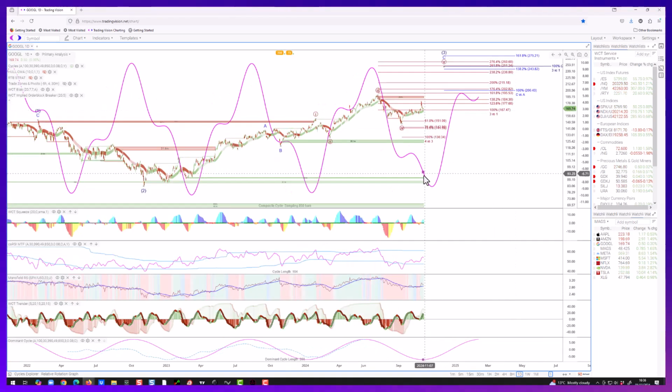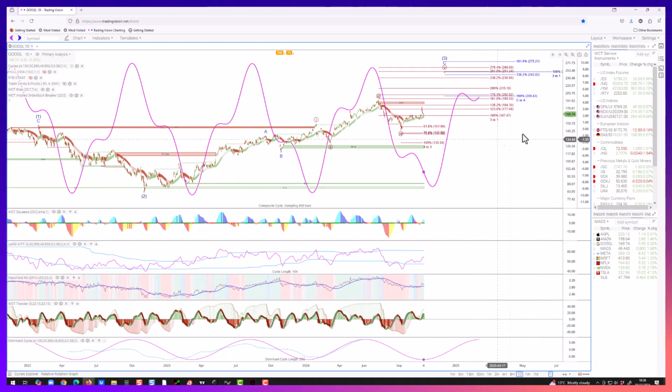Google looks like it's still got lower to go to me before we start to see that final push up. The final push up, guess what, is expected into around mid-January in Google. Pattern's somewhat messy, so it could well be that this 4 is not yet in Google. It's going to come deeper down towards the 142 area, but I'm not going to get into a deep dive analysis. You've got all the charts within the software, so you can look at this afterwards. The headline being that I think we've still got lower to go in Google before we get that final leg up.